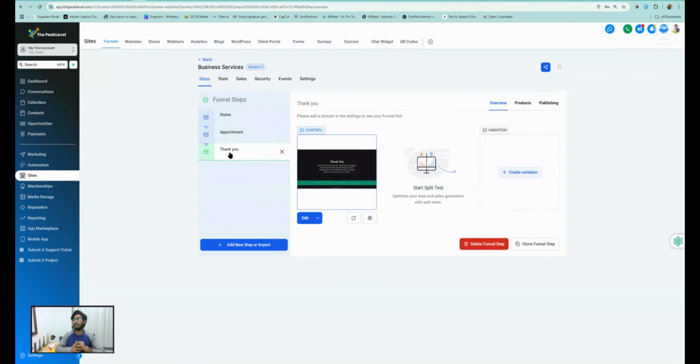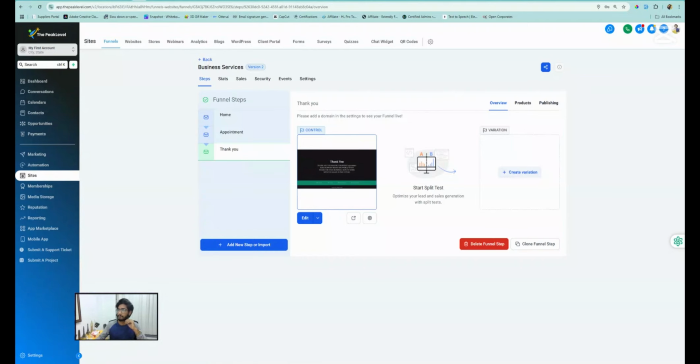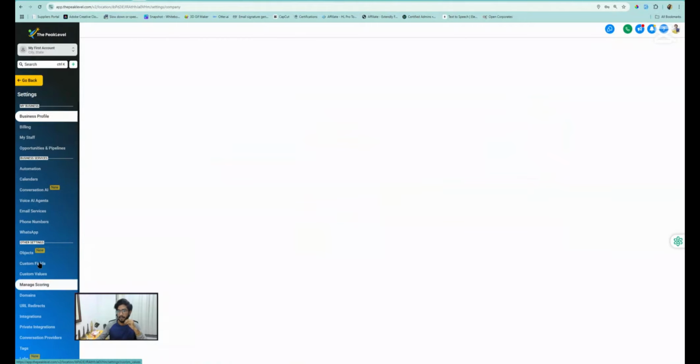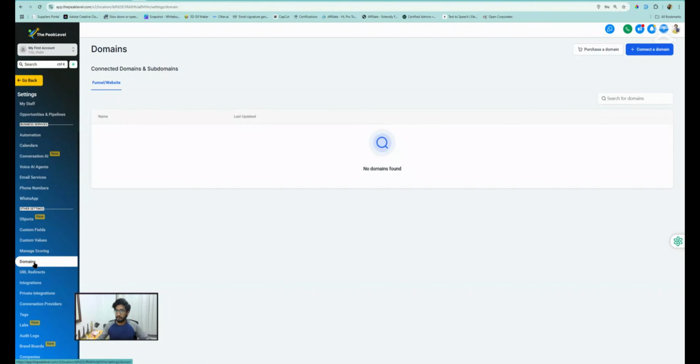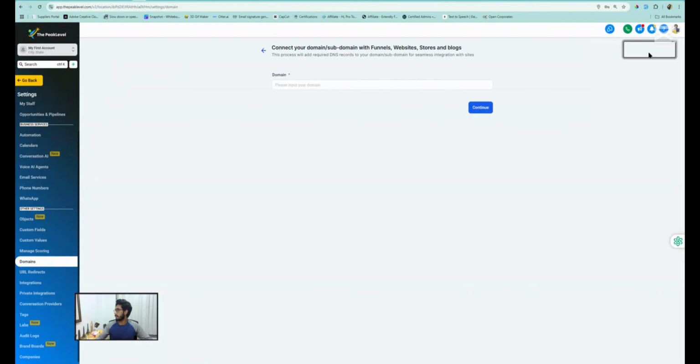So now we have configured our landing page. Now we will have to connect a domain with this landing page. For that, let's go to settings, and then navigate to domains, where we are going to configure the domain that we are going to attach to this landing page. So I'm going to connect a domain here. I'm actually going to connect a subdomain